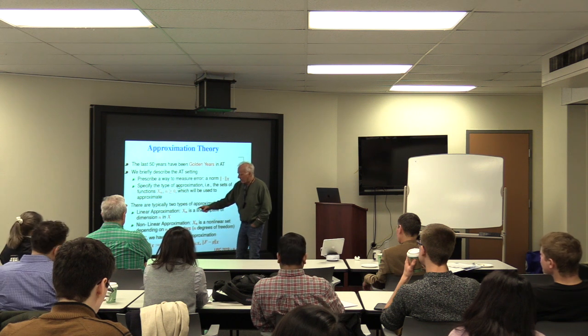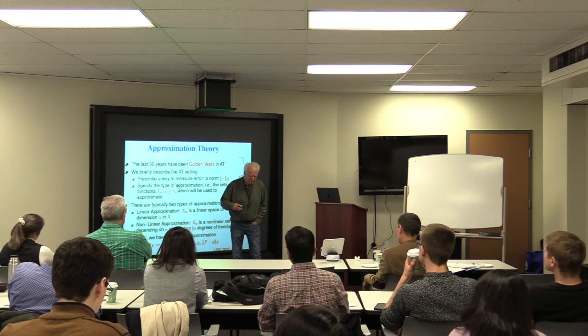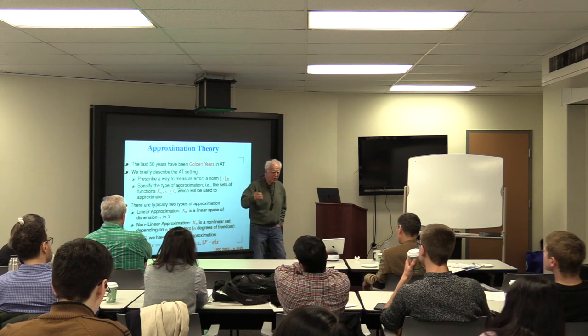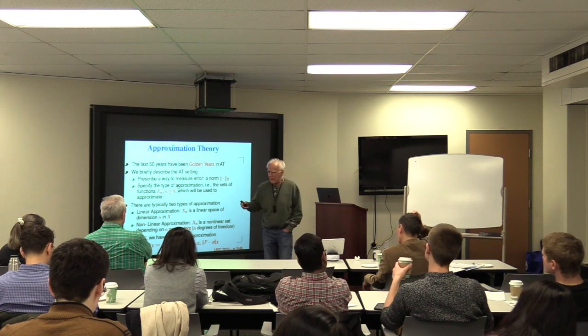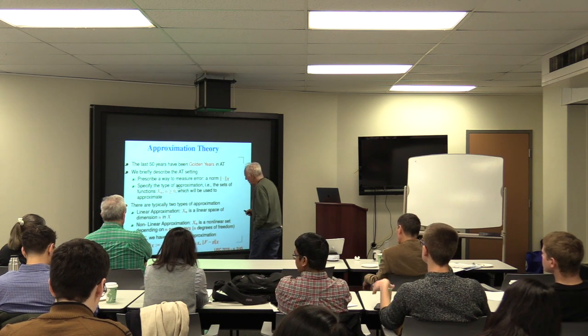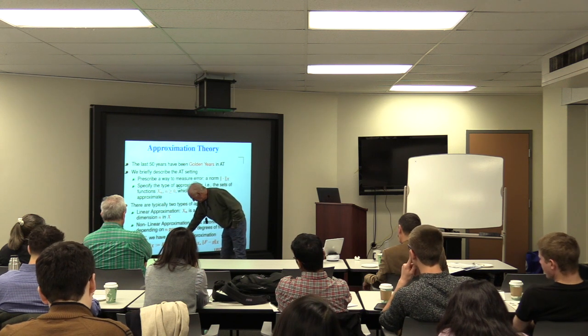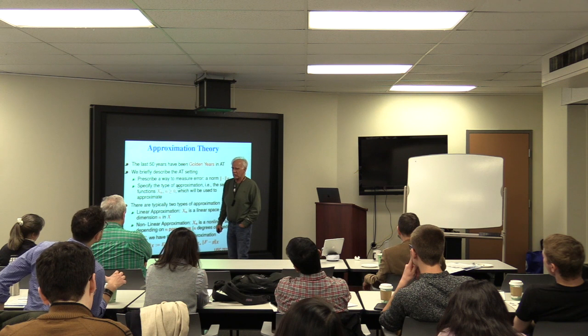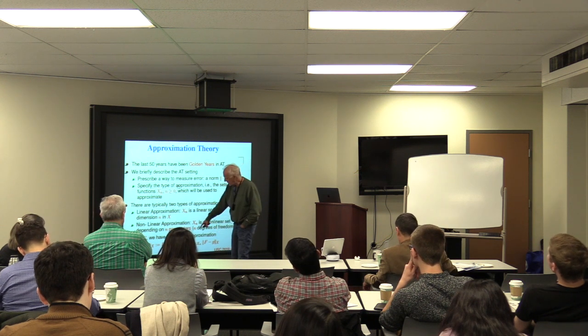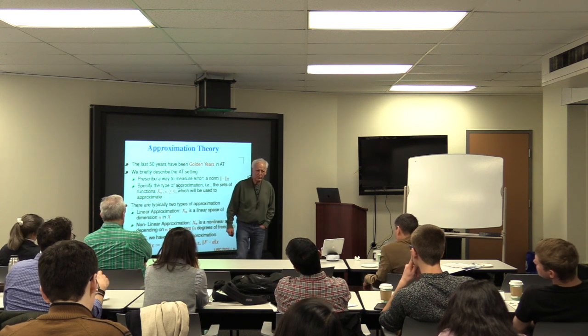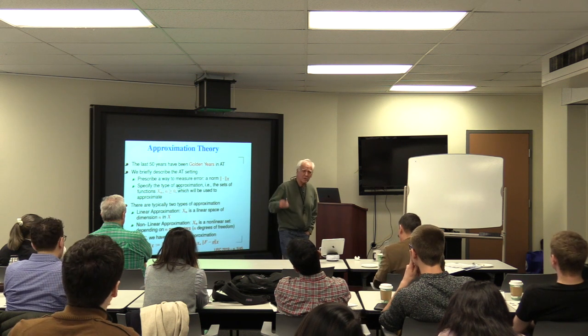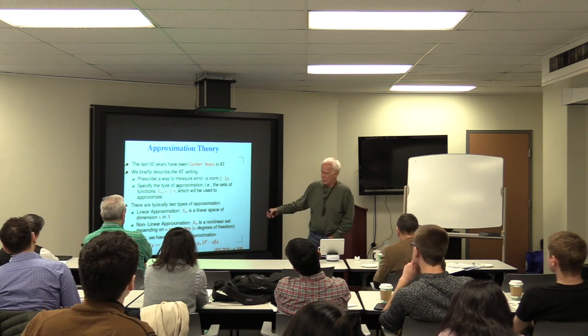But in any case, whatever method you use is going to depend on somehow n degrees of freedom or n parameters. And when we have the space Xn that we've chosen, this is the error we would get in trying